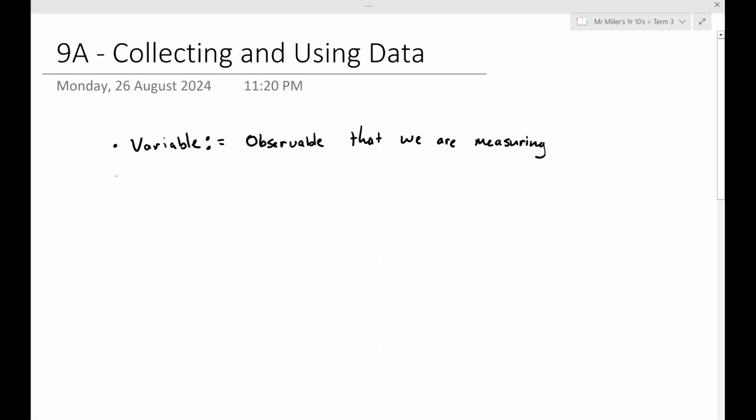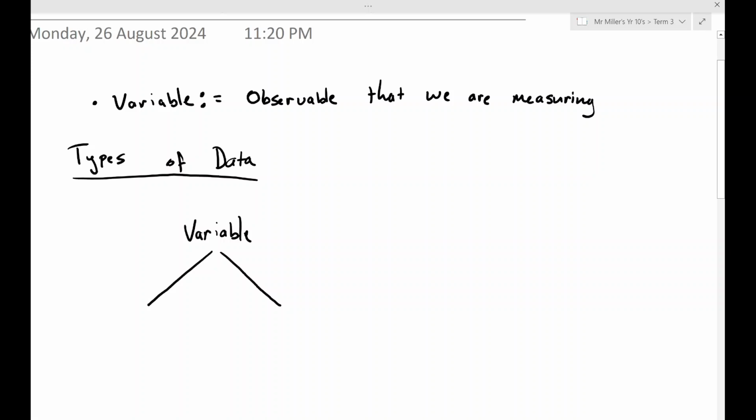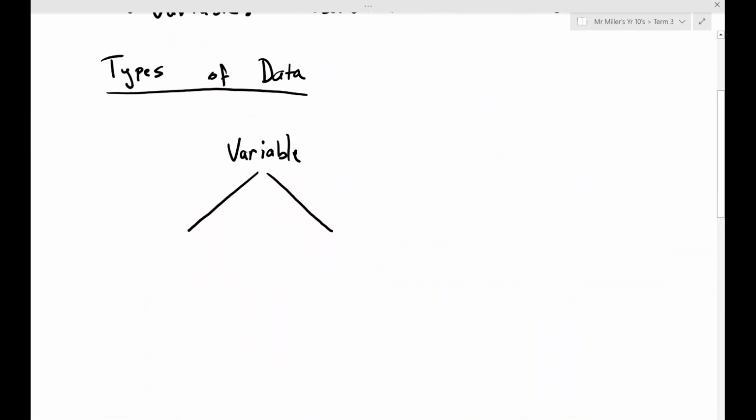Next, we've got to talk about types of data. So let's just quickly cover this. Types of data. Let's write this out as a subheading here. Okay, so the thing we're measuring, the observable that we're measuring, comes in two unique categories, or representations. If we're conducting an experiment and measuring a variable, our variable could either be